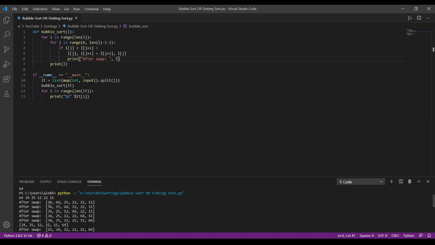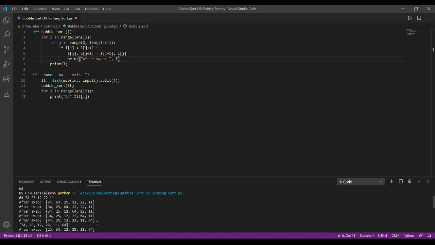Here there are 6 elements, but the for loop is repeating only 5 times, because when considering these two elements 64 and 11, we need to swap them to 11 64, and 64 is automatically in place in this iteration, so there is no need to iterate to the sixth element. So we are using n minus i minus 1.